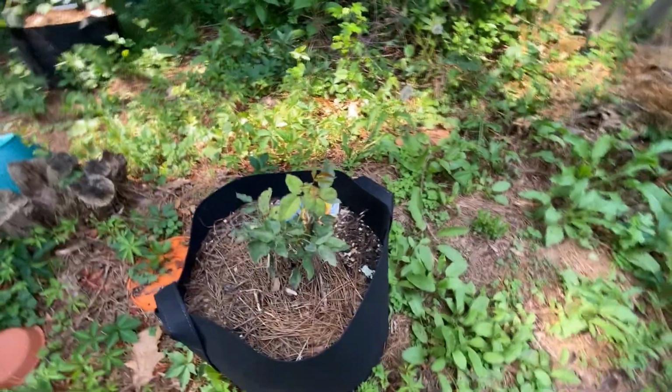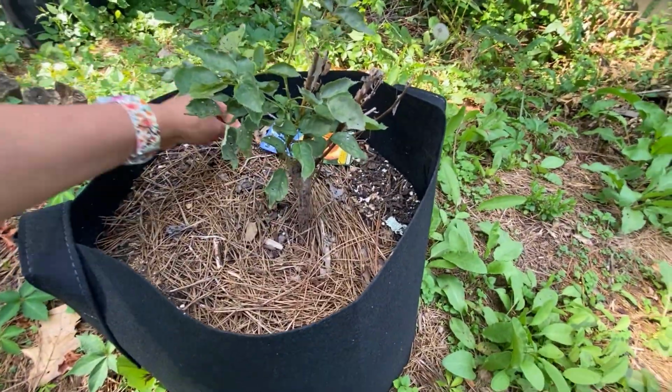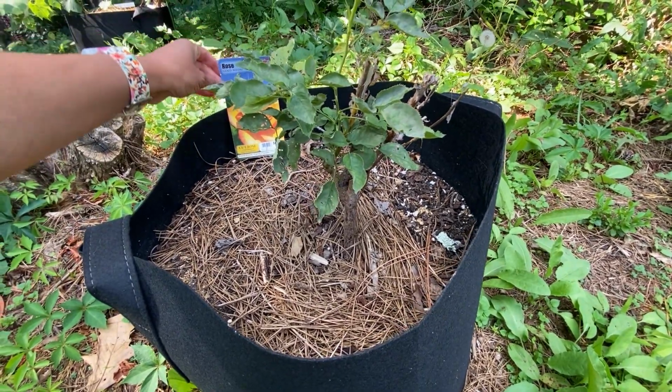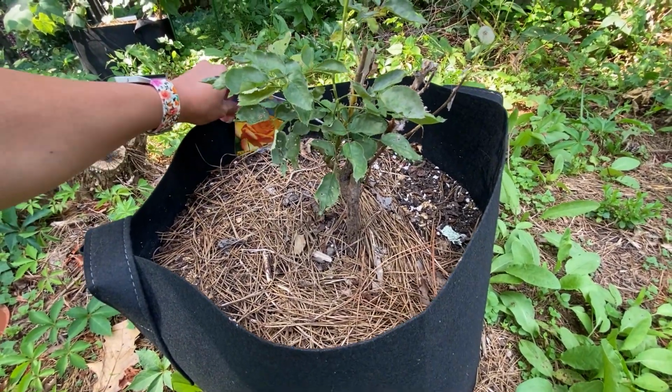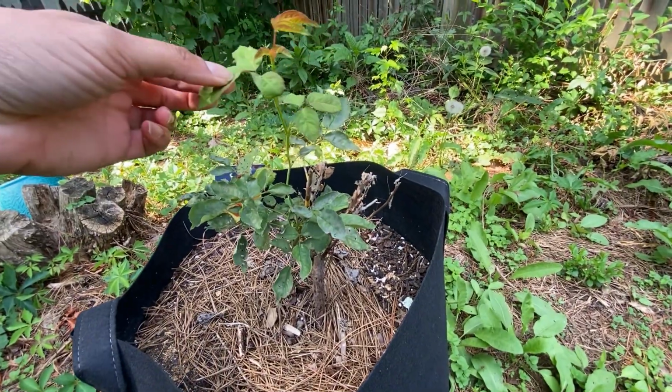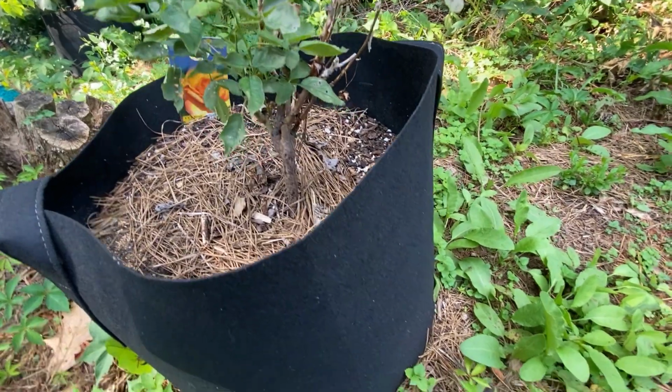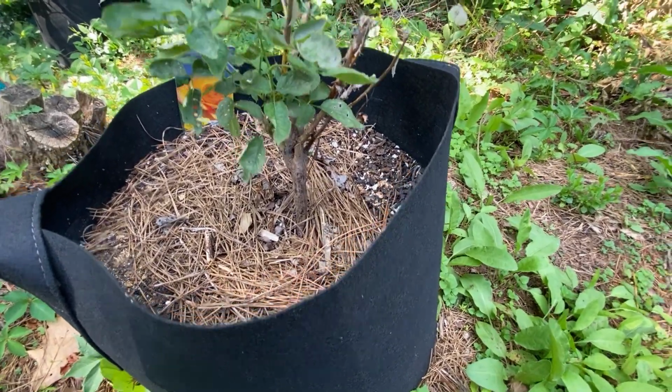My rose is finally looking like it's surviving. This poor baby. This is the gold medal, and it's finally getting some new leaves. And yeah,